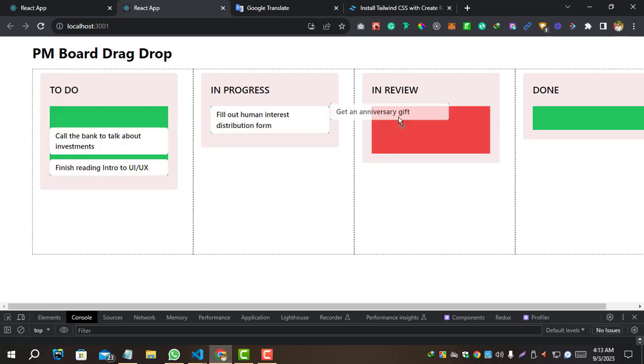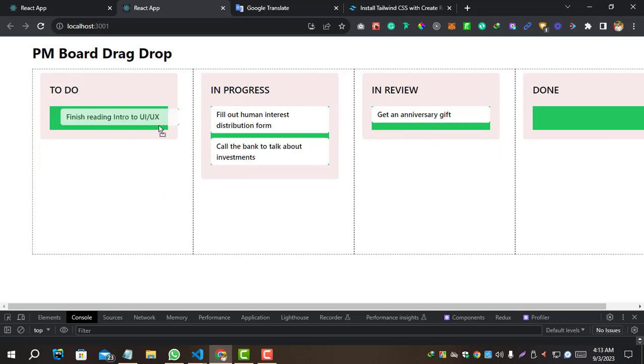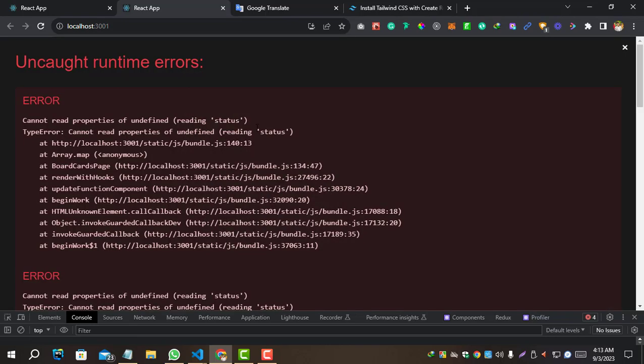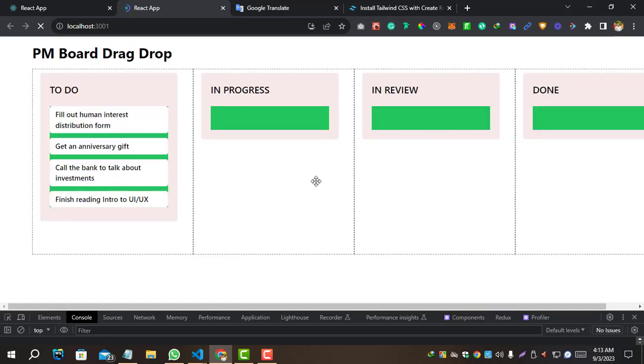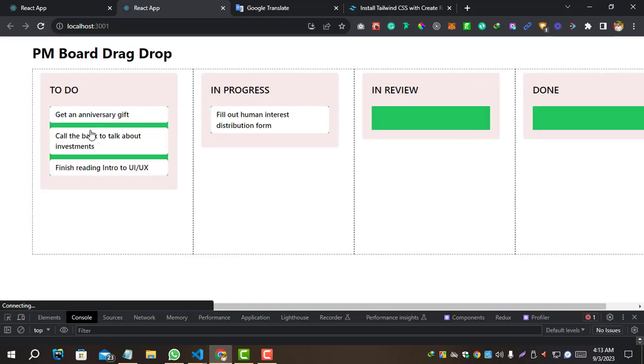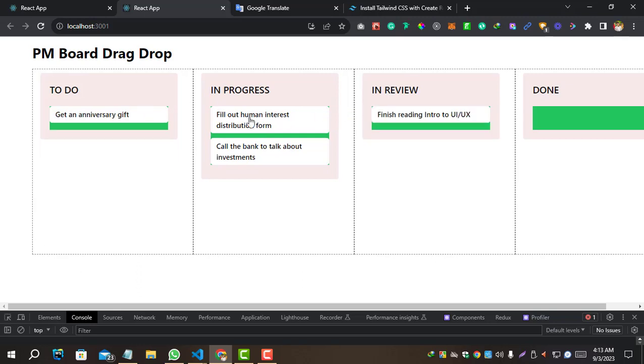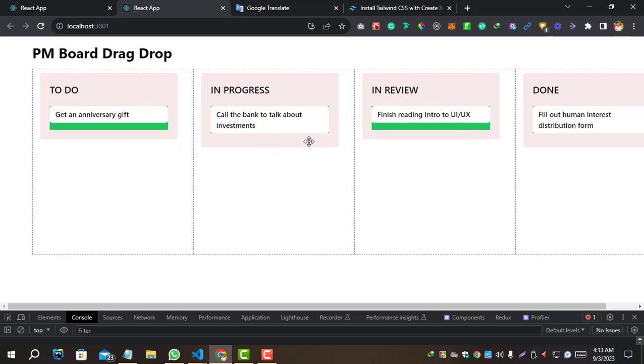Like we can move it as well. Okay, it's not working, but it would work fine. For now it's working fine, and for the rest,